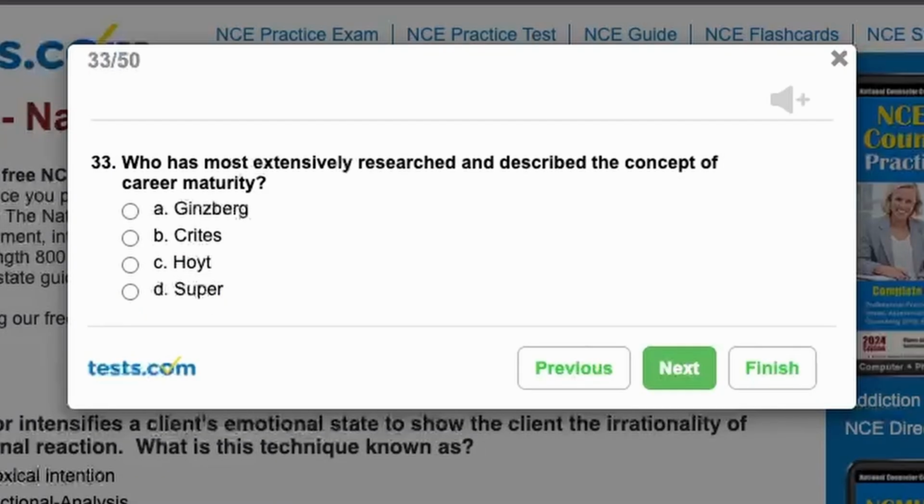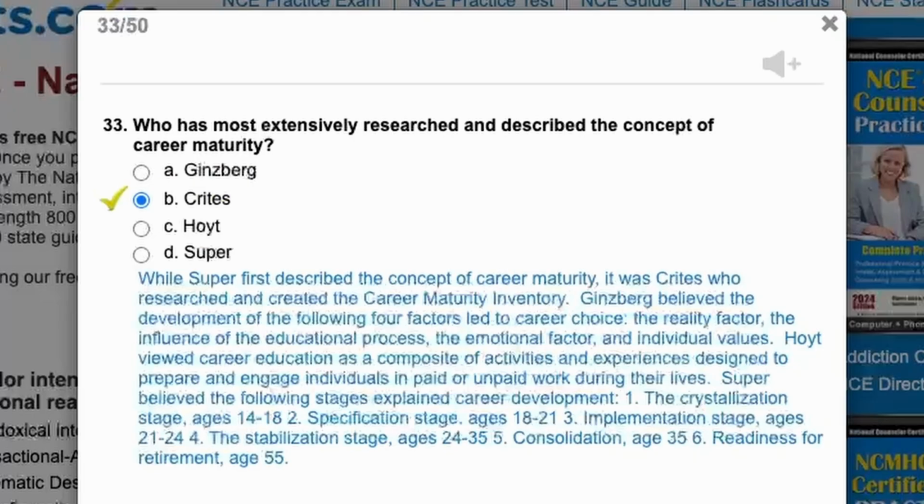Who has most extensively researched and described the concept of career maturity? A. Ginsberg, B. Kreitz, C. Hoyt, or D. Super? B. While Super first described the concept of career maturity, it was Kreitz who researched and created the career maturity